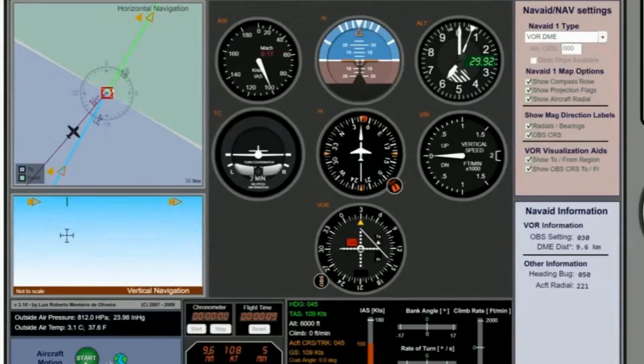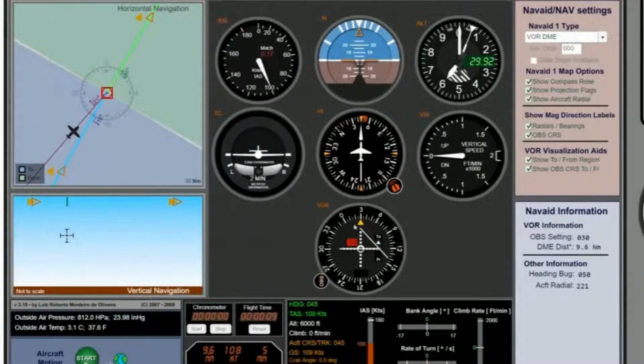What we're gonna do is we have our airplane pointed here. I have everything set up the way I want it to be. And in this case, I want to track the 030-degree radial. So my goal is to track that green line on the opposite side of that VOR. So I am going to basically try to get onto this blue line, which is the 210-degree radial, the reciprocal of 030. So what I have set up at the very bottom, if you look in the VOR,